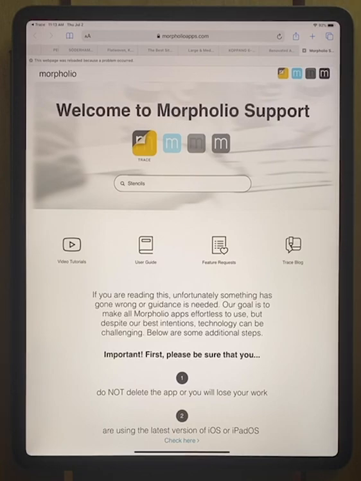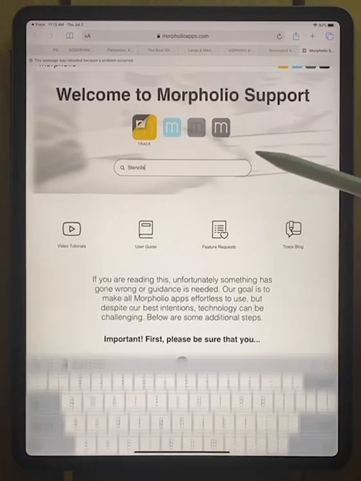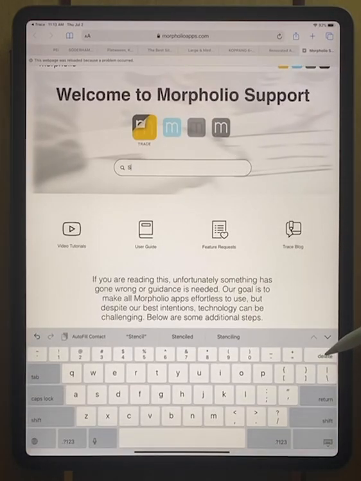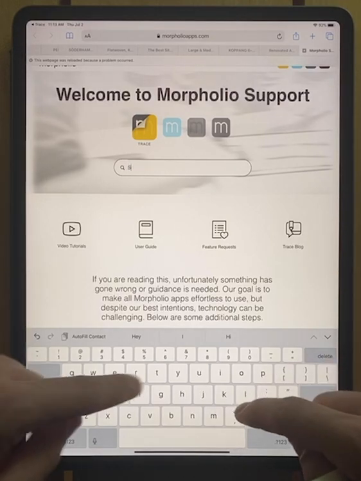When you tap help and support, you're brought up to your browser to our support page, where we have this amazing new support portal. And what's really amazing about this is you can type in any question that you have about Trace and you'll get all different resources. So let's look up stencils,